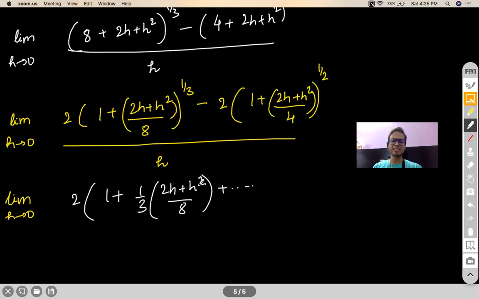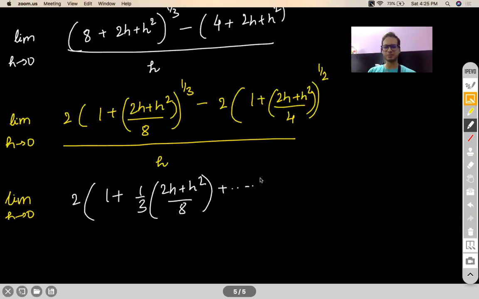You'll just end up wasting your time if you do that. If need be, I will write more terms. If there is no need, if you require only a single power of h in the numerator, then just write as few terms as you need to solve the question. Don't write too many terms.